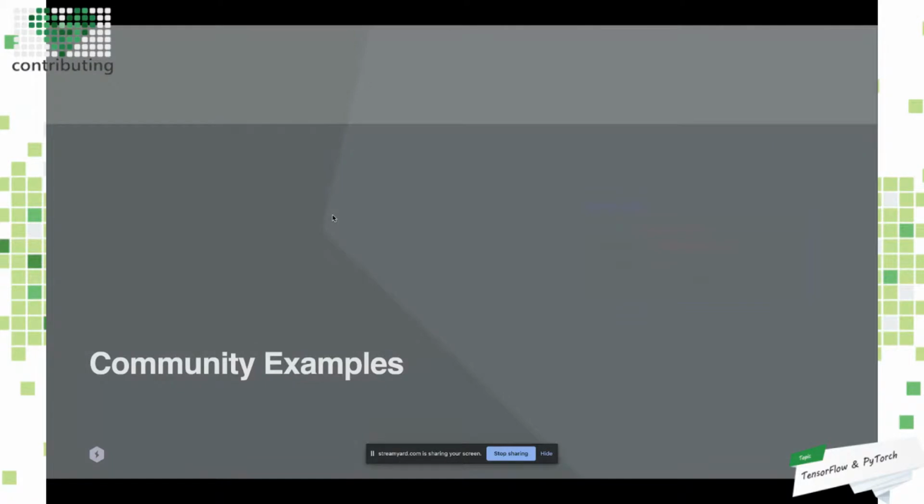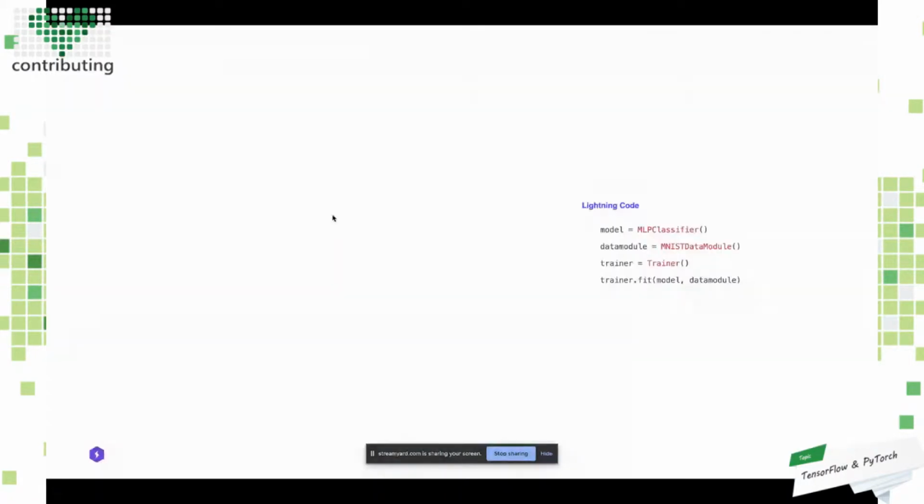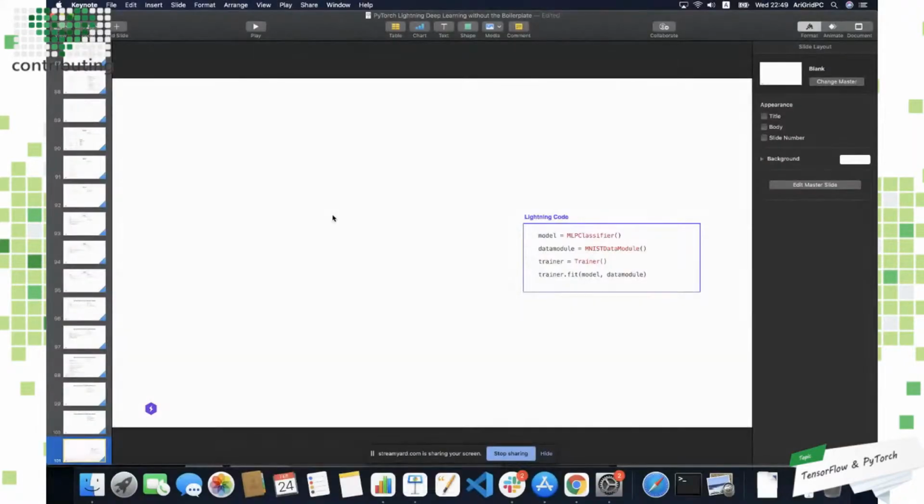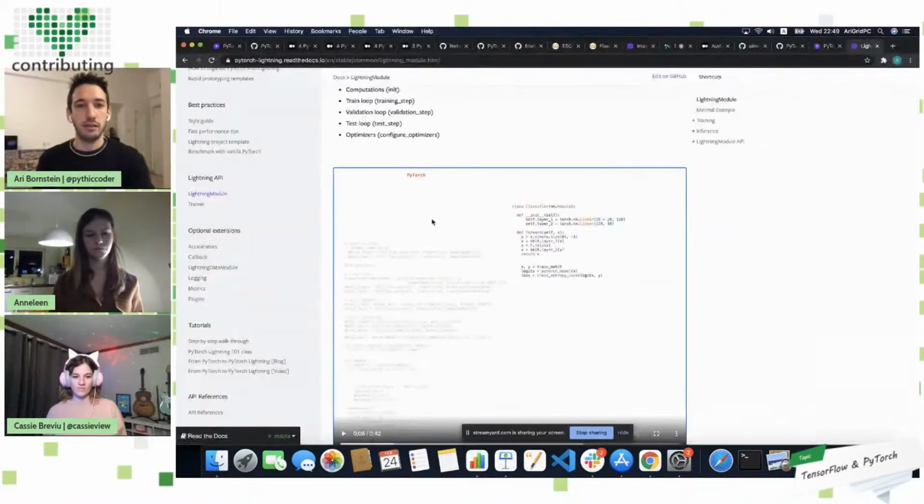If I want to run that now on multiple GPUs, I just put in GPUs equals as many GPUs as I want. If I'm on an Azure cluster and I want to run on multiple nodes in Azure ML, I just have to register the Azure ML cluster. I actually have a blog post on this. Then I can just scale this. So the same code that runs on a CPU can run on a GPU, multiple GPUs, and all these other features that I talked about, you get just like that.